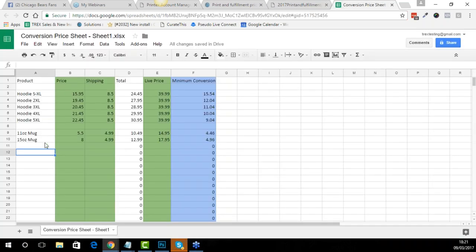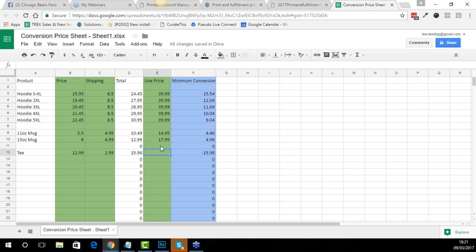And you can come to your sheet and add in the product here. So let's just do a tee. We say it costs $12.99 from Randy. It costs us $2.99 to ship it. I'm just plucking these figures out of the air. Now that there is Randy's two prices for the product and the shipping, it calculates the total for you. So this $15.98, every time you make a sale, you know that's how much you're going to be paying